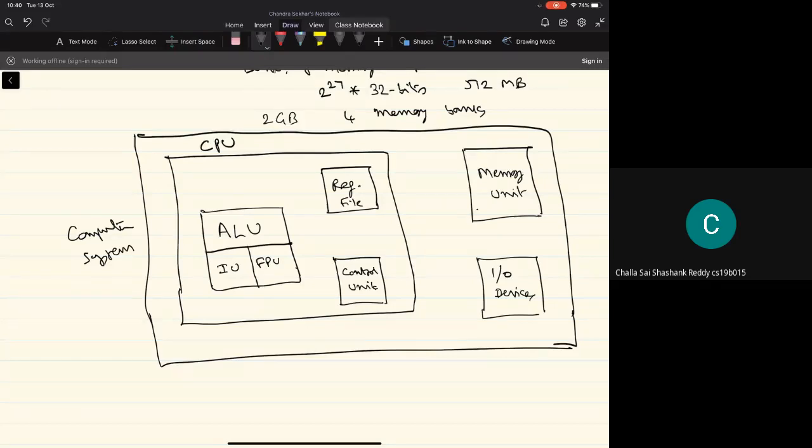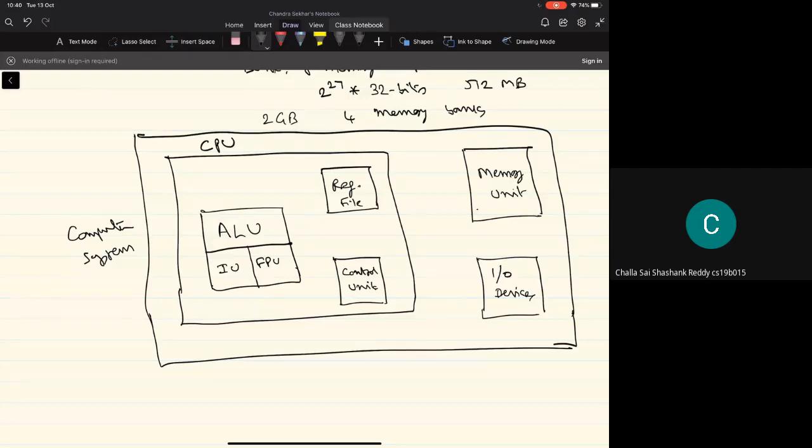Of course, what we are showing is only the physical structure of the computer system. Basically, this is what is referred to as the hardware component of the computer system. Obviously, there is a lot more to the computer system than the physical hardware, which is in the form of the software. The software includes components like the operating system, then the compilers, and so on. You're going to get some idea about the important components of the system software, referring to the operating systems and the compilers and a few other things as we go along. And all of that, along with the physical structure as part of the computer system, which is referred to as the CPU, memory unit, and the I/O devices, is what is referred to as the computer system.